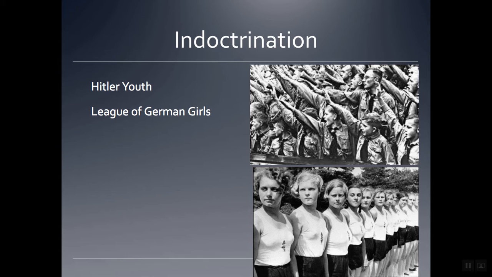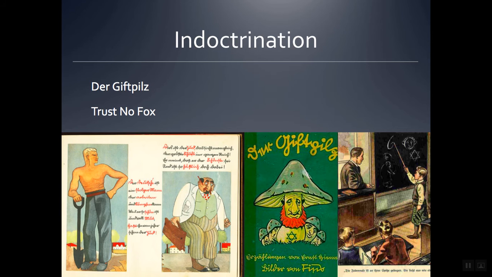And then the League of German Girls, it was similar, a lot of focus on physical fitness for these German girls, but they were constantly just told how important their role was in being mothers and raising children to be loyal to Hitler. And so it was being as physically fit so that you could have the most physically fit children. It's furthering the master race. And that's the kind of focus for these girls.